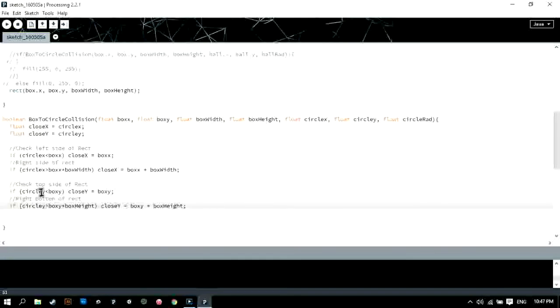So if the circle's y is less than the box's y, then the closest y position is equal to the box's y. If the circle's y position is greater than the box y plus the height, then we say it's equal to that position as well. So we have our close y position and we have our close x position. And what we can do with them now is